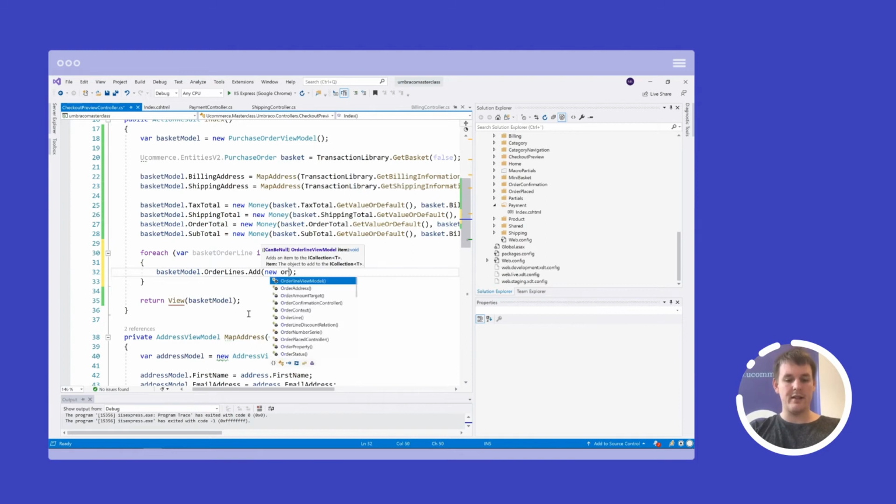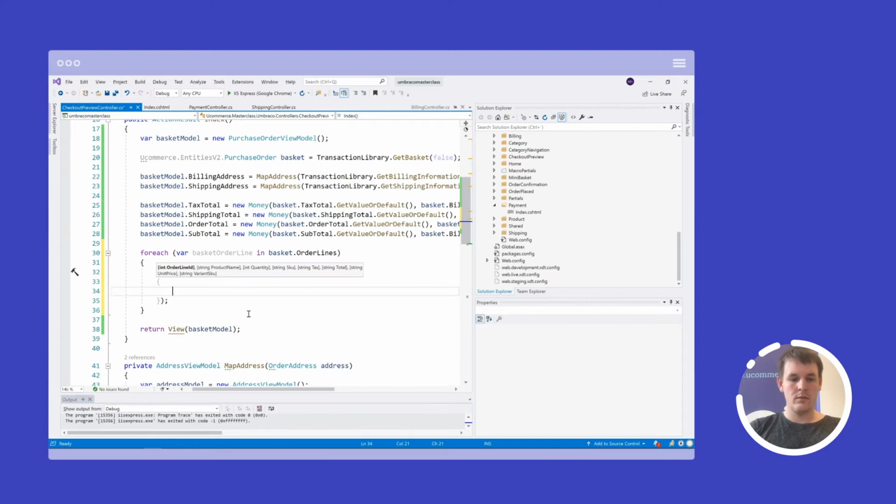That is an order line view model. On the basket page, it was important that we use the order line ID in order to modify the basket on the individual lines. We don't need that in this case. We actually don't have to map it. Let's just do it anyways.